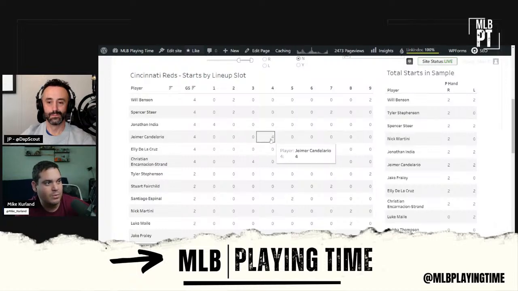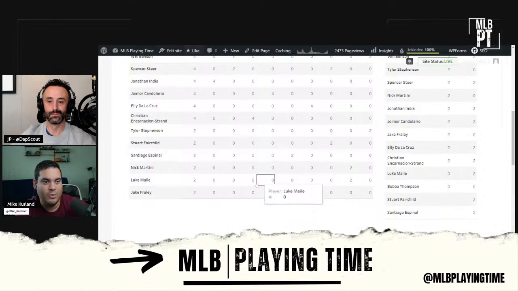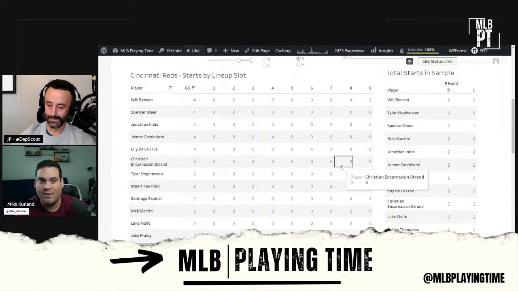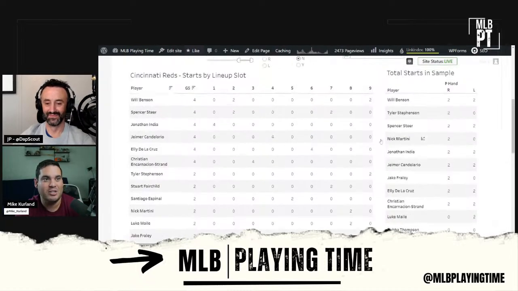But Candyman batting 4th. CES exclusively batting 3rd. Again, the big surprise was CES. Like, hey, you're batting 3rd, even though all spring we didn't put you there, pretty much. We're going to have you there from day one. So the Reds just kind of threw us for a loop.